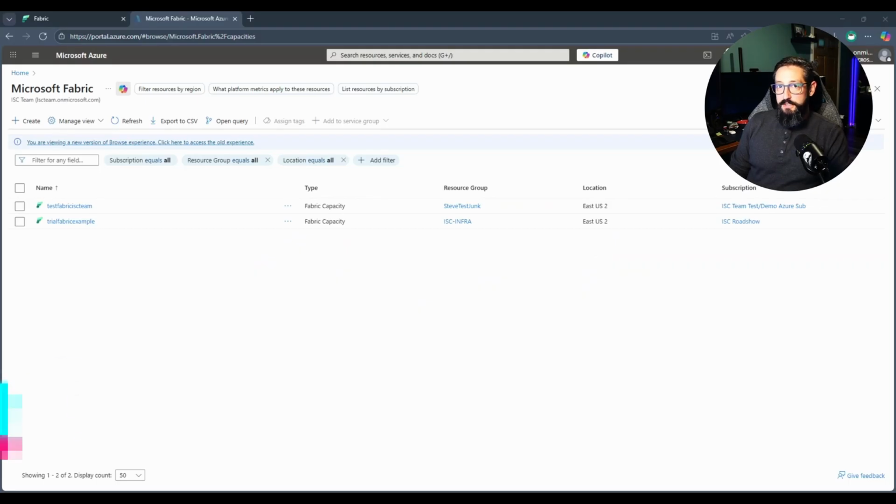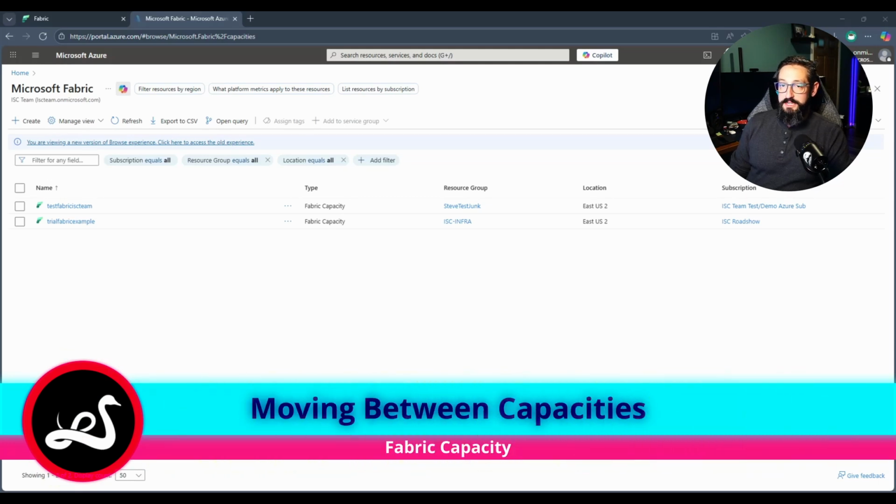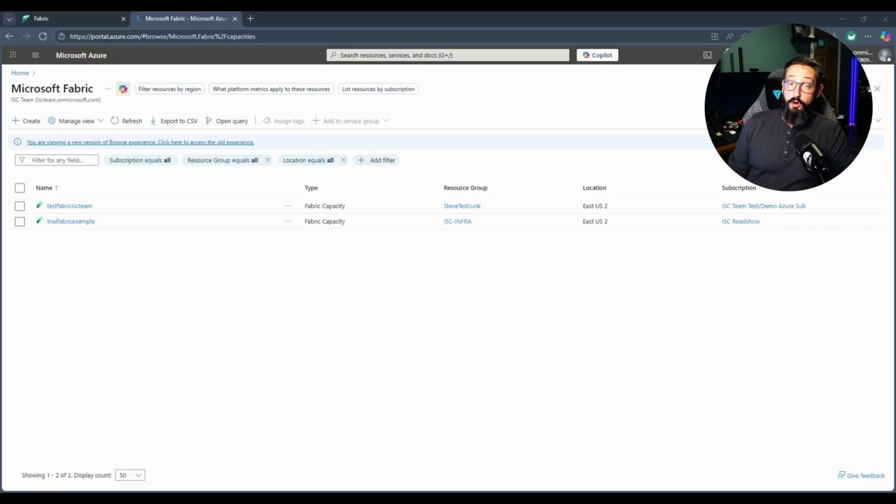So this how-to video is going to be around moving fabric workspaces between capacities. And specifically where we'll probably see this used more often is moving from a trial fabric capacity into a paid version. So a lot of times what we'll find is organizations will start the trial capacity, they'll start building out